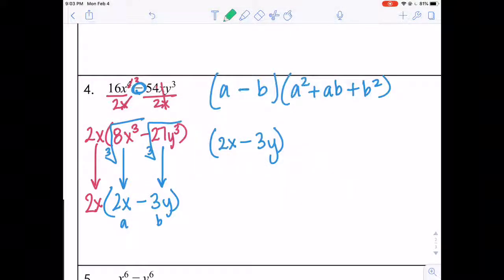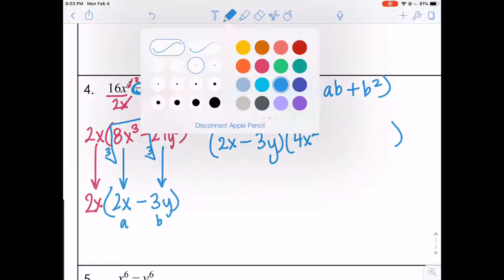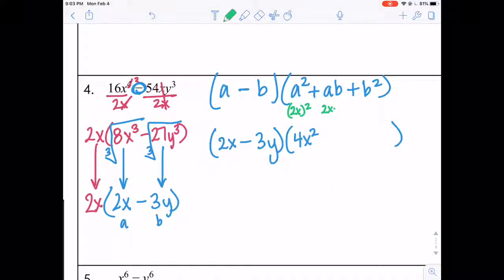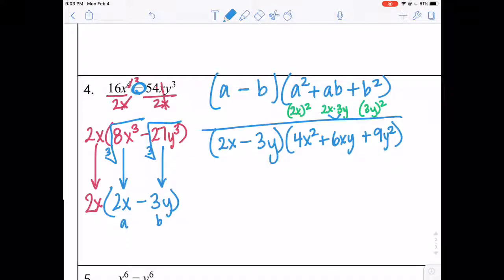So a is going in here as 2x squared. The whole thing is being squared. So I would have 4x squared. And then for ab, a is 2x and b is 3y. And then b squared would be 3y squared. So I would have plus sign. 2x and 3y would make 6xy. And then 3y squared makes 9y squared. So I'd have this crazy